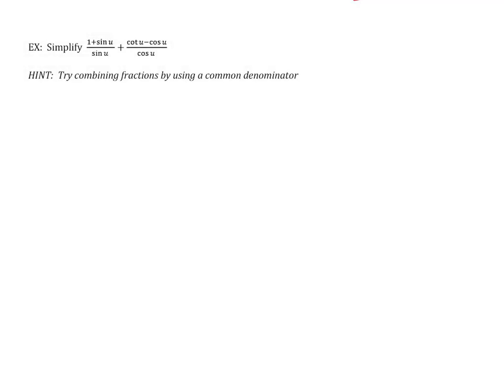Now we have an example again where we want to do some simplifying. This one's not actually showing, this is just simplifying. But to simplify, we need to practice our algebra a little bit here by adding fractions using a common denominator. So when I have 1 plus sine u over sine of u, I'm going to leave a space, and cotangent